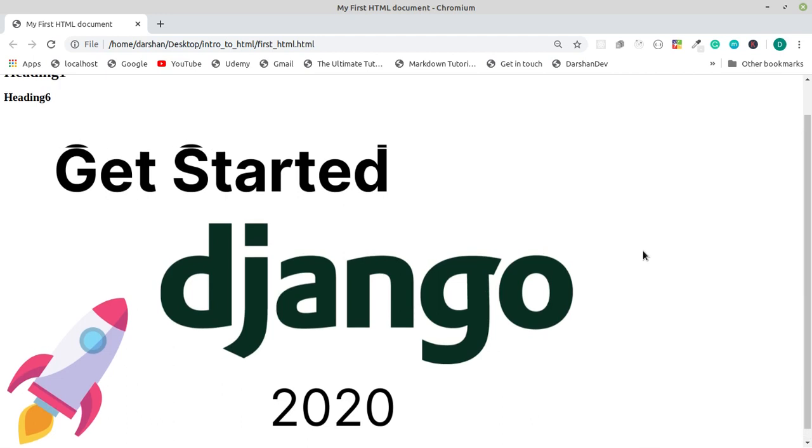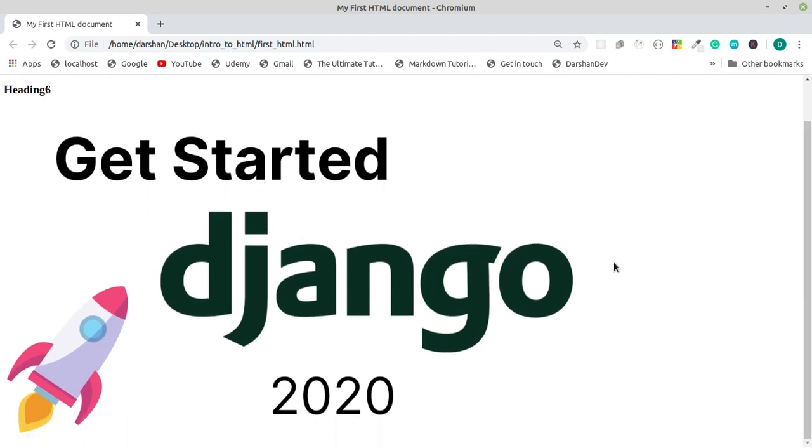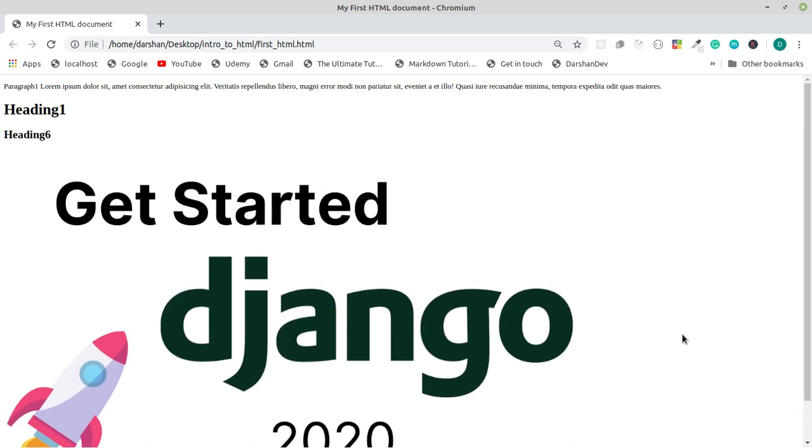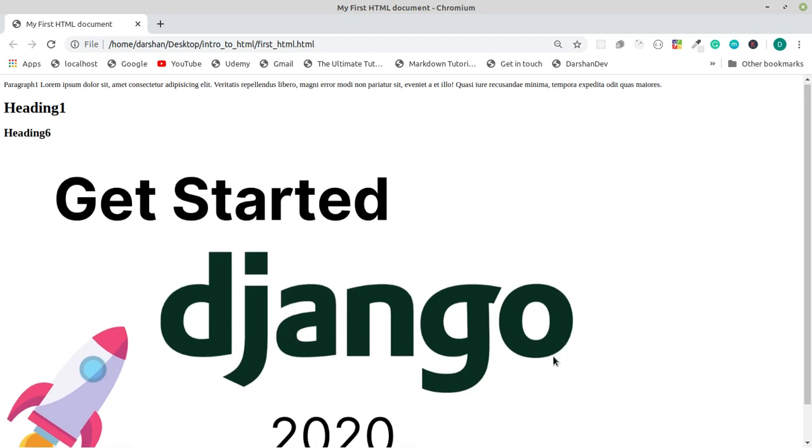If you have learned HTML, CSS, JavaScript, and you want to learn a backend framework, and you know a bit of Python, then you can start with Django with this course. So let's get over with it. Now you know how to insert images, and let's study something else.